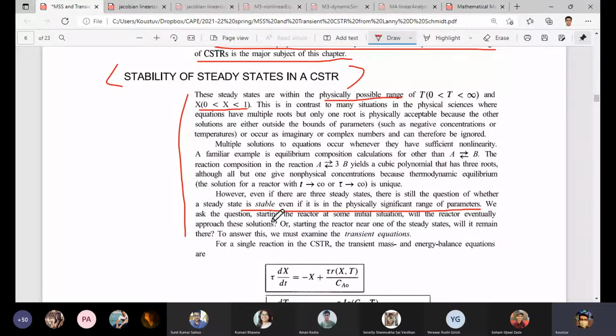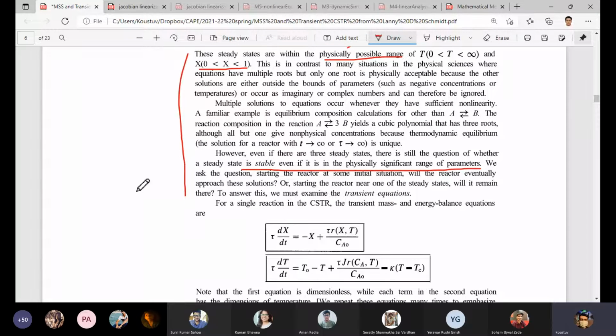So what typically happens is that we start writing from the unsteady state equations, keeping the accumulation or transient term, and then we try to integrate based on some initial conditions, at t initial and x initial, which is basically 0. Based on these two, we start solving the integration equations, and then we see the profile of temperature and x, the conversion.